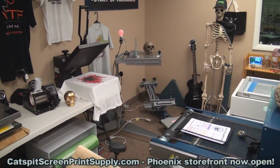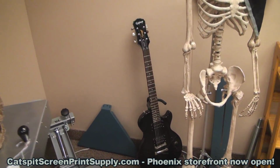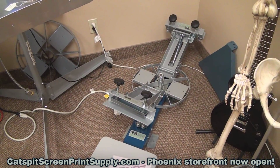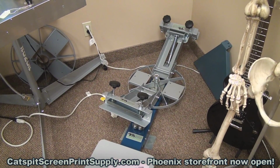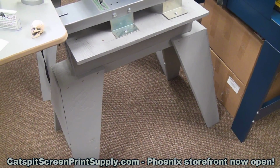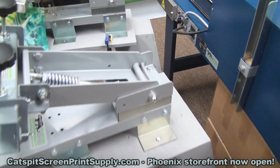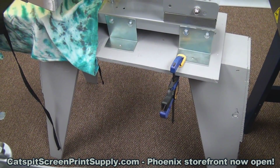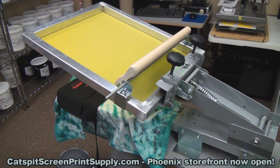I most normally have a couple of different presses, like this 2-color one station. Okay, I apologize, it's not on the stand yet. I've got to make a couple stands this week as well, and we'll put that on a stand. And the stands I give you free with the unit. If you buy the unit, I just give you the stand. See, so these are the little Sawhorse Stands that I make. They're just little sawhorses from Home Depot that I paint gray. And this is an old one. Now I get the large one and I just put a piece of wood on top so that I can do it like this. But I make these and paint them so that I can display the bench presses here in the storefront,